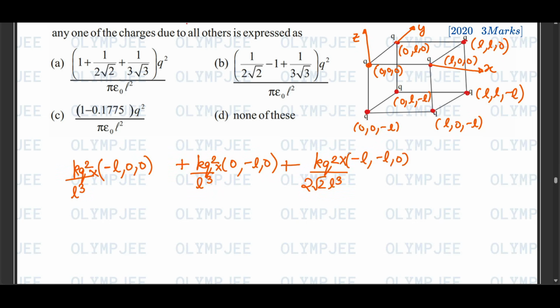I am writing the short form of vector. So this is minus L i cap plus minus L j cap plus 0 z cap. This is easier to write in this way. So I have written due to this and this charge. I will now write for the bottom charges. So it will become